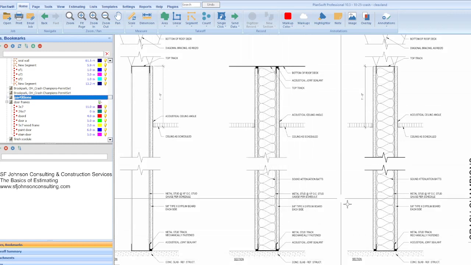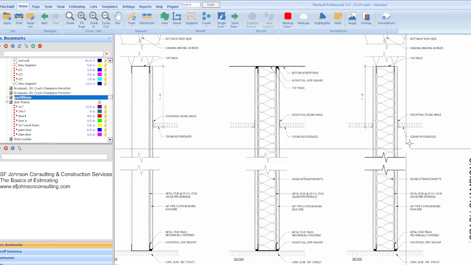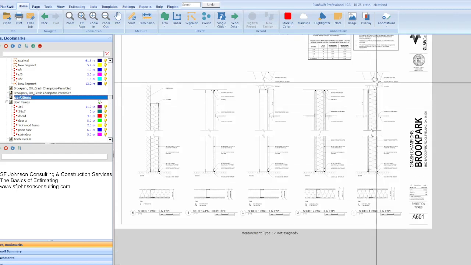top and bottom. And so what do we do as far as totals? The framing is the length times the height. The insulation is length times the height. Drywall in this case is 2 times the length times the height, right? Because we have drywall on both sides. And the ceiling is 4 times the length of whatever this length of this wall. Okay, so those are just things you have to